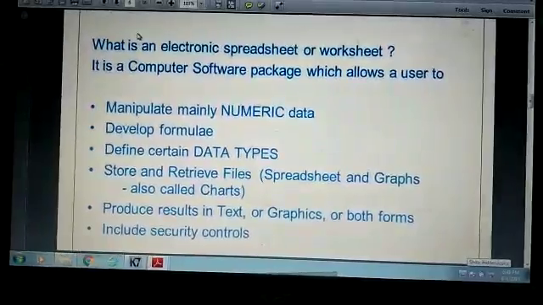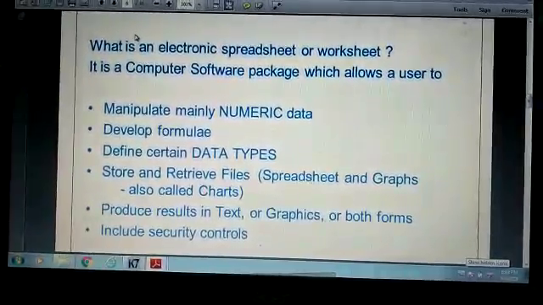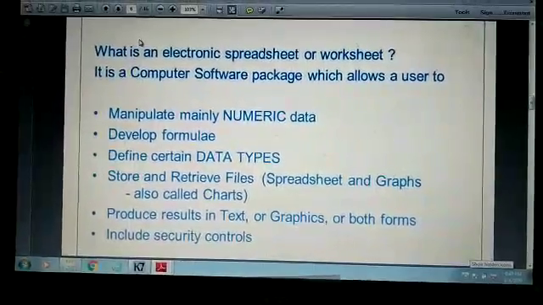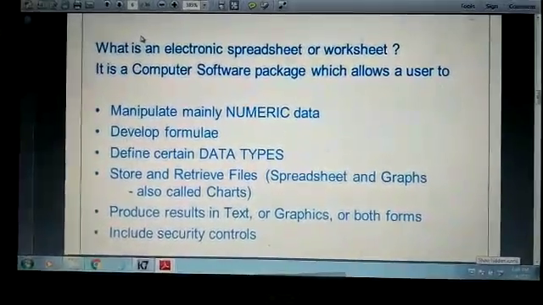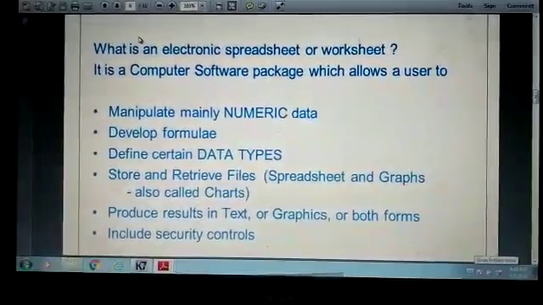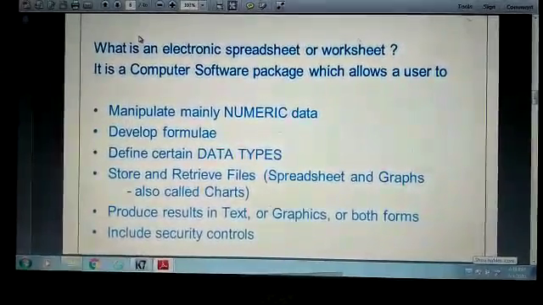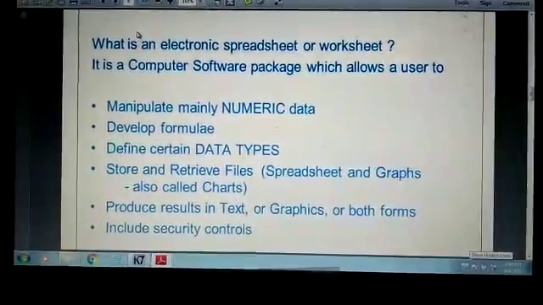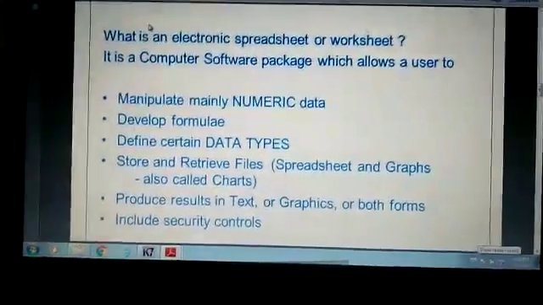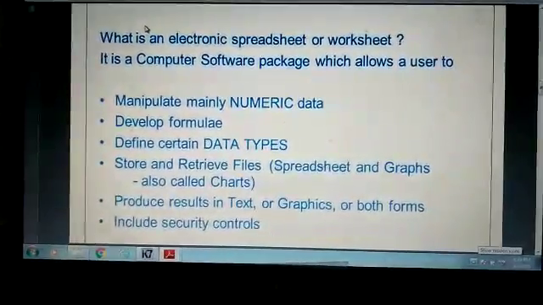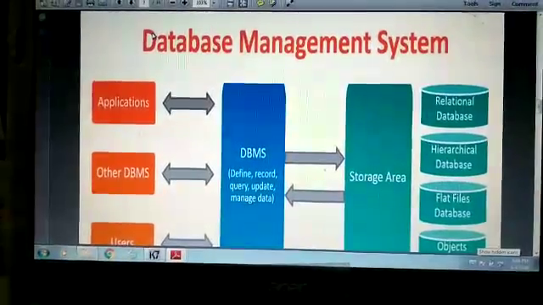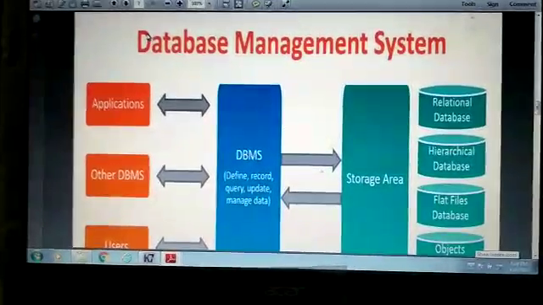It manipulates mainly numeric data, develops formulae, defines certain data types, stores and retrieves files, and produces results in text, graphs or both forms. It includes security controls. That is about Microsoft Excel, electronic spreadsheet.